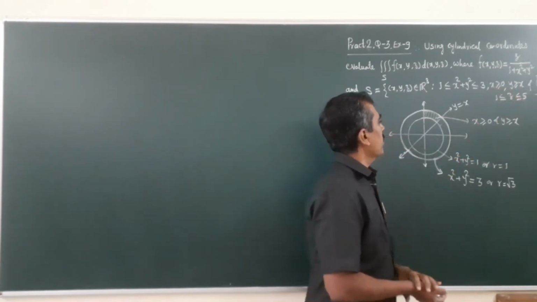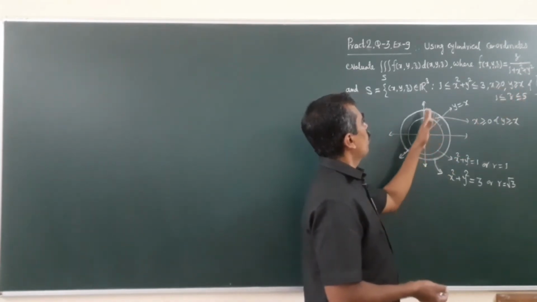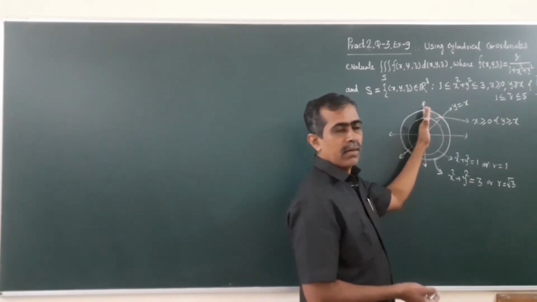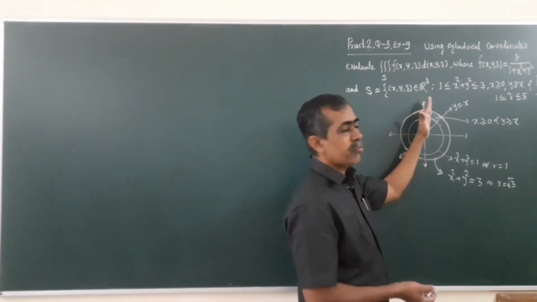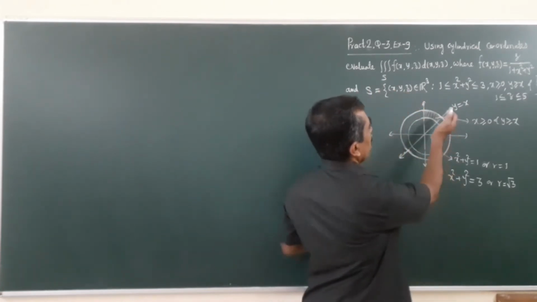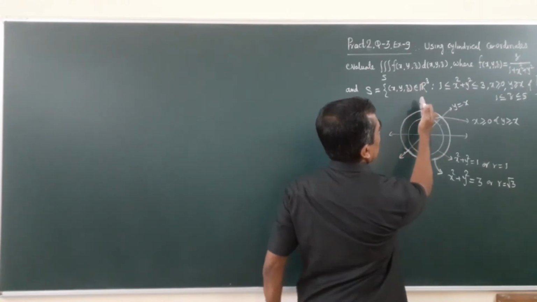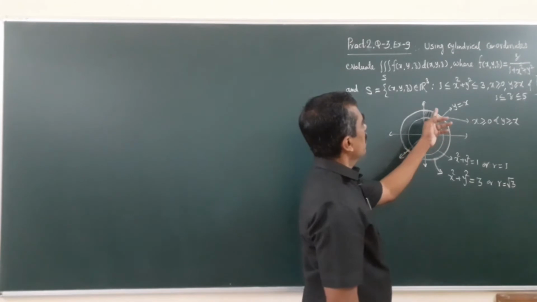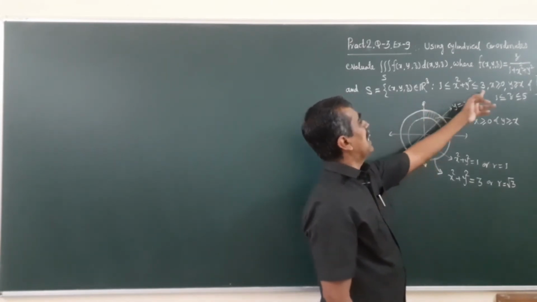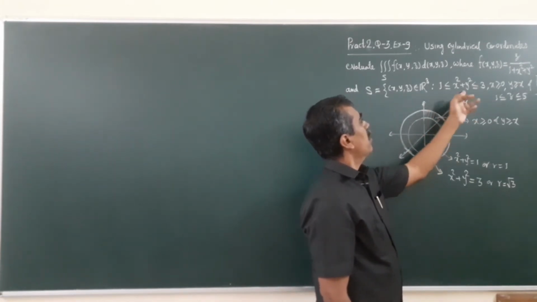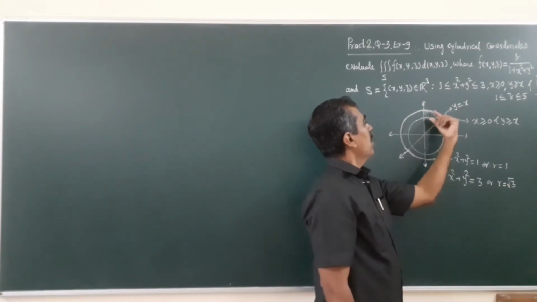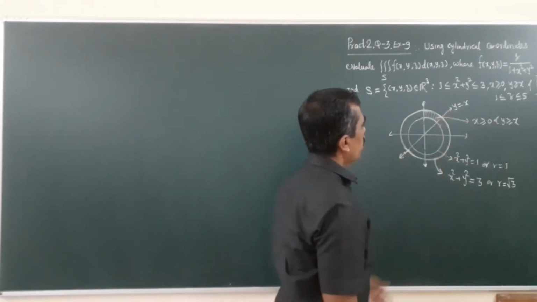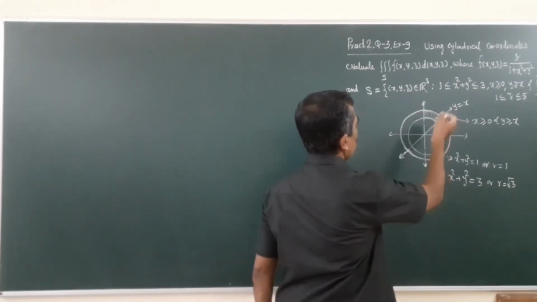It satisfies x greater than or equal to 0, so x should be positive. So it is positive in the first quadrant only. Here it is 0 on the y axis and it is positive here. So, above the line y is equal to x and x greater than 0, that means the base region lies in the annulus, this part.